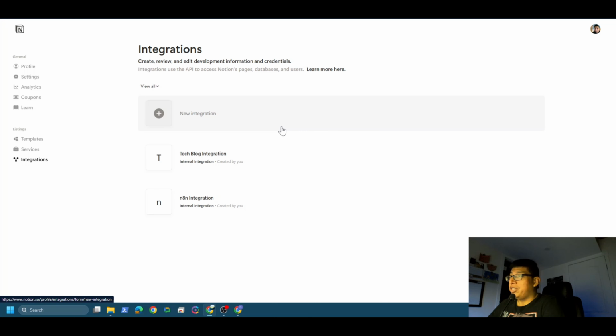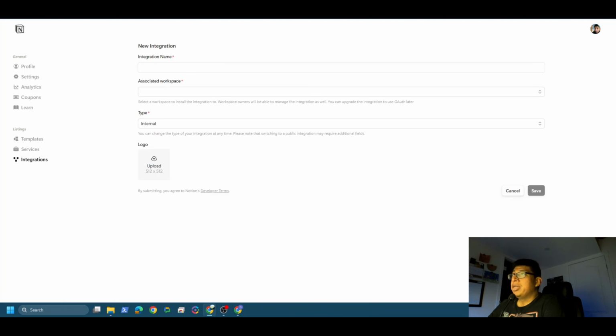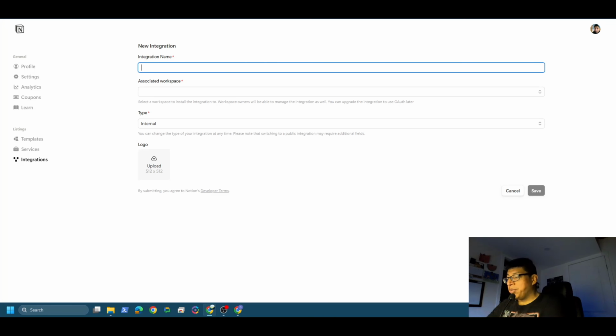I got it from the n8n documentation on setting up credentials. But here it is. I already have some integrations here, but let's create a new one. So I'm going to click on new integration. All right, perfect. Now from here, this is pretty easy to set up. You're just gonna give it a name. I'm just gonna call it